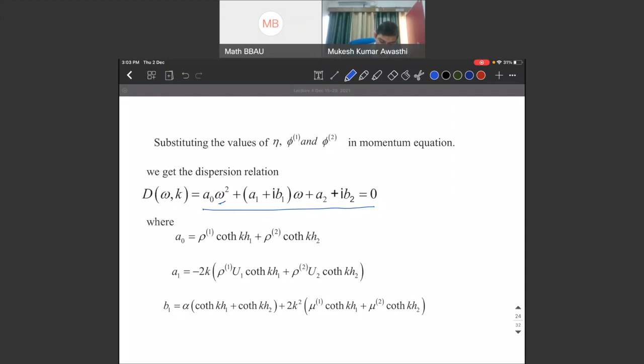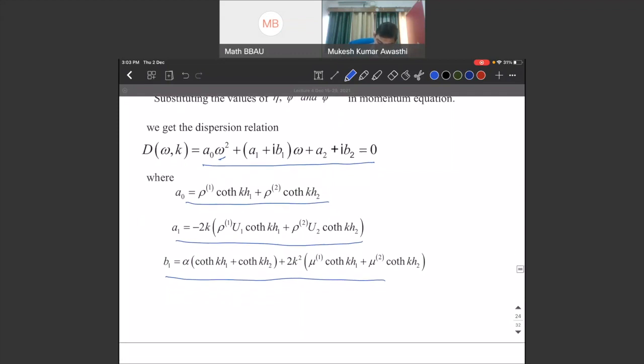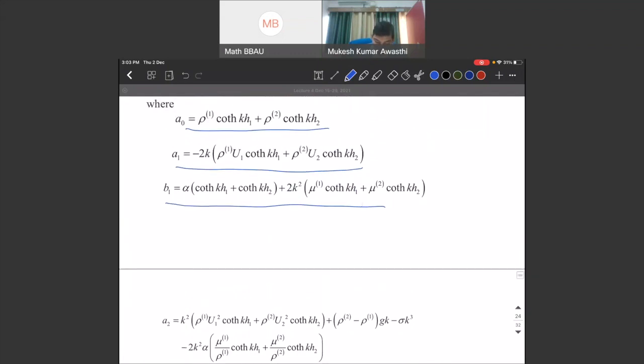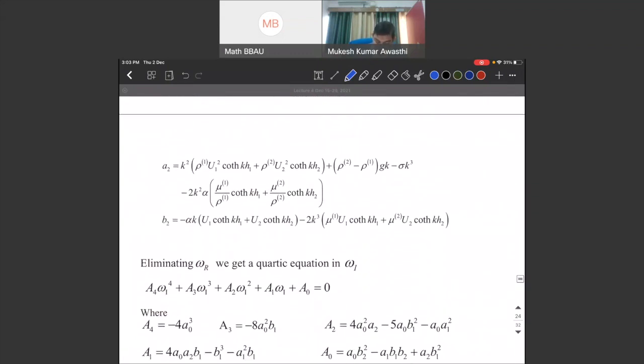So in this case, a naught is positive, a1 will be negative, then b1 will be positive, a2 will depend on the values, b2 also depends on the values. So we cannot directly calculate which constant the instability depends on, depending on which coefficient. So what we will do, we will take omega as omega r